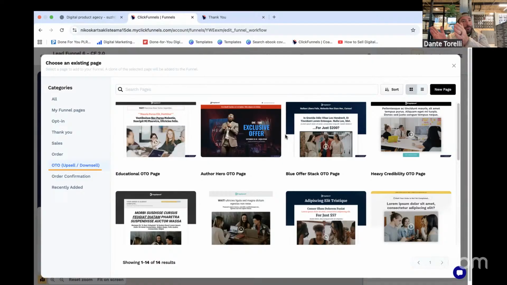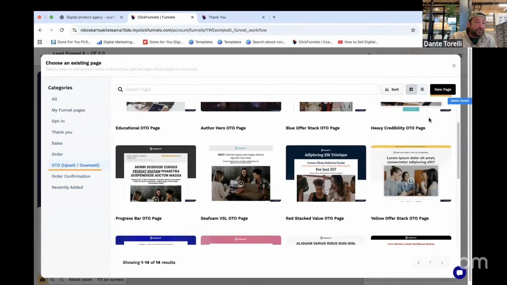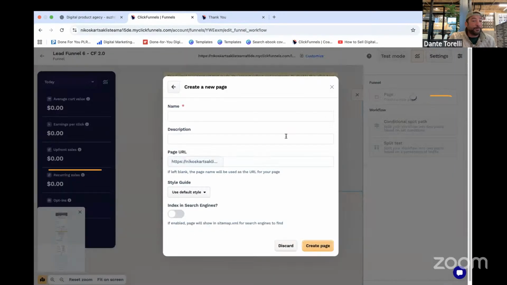Congruency from page to page to page as you go through the funnel. So feel free to look through those. If you don't find one, top right, click new page, and you can just build your own OTO completely from